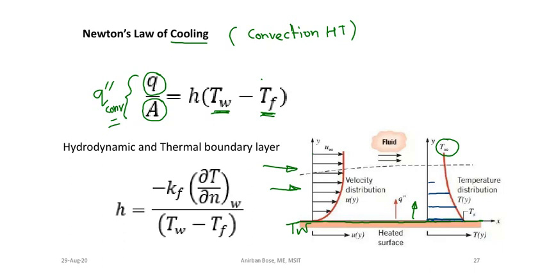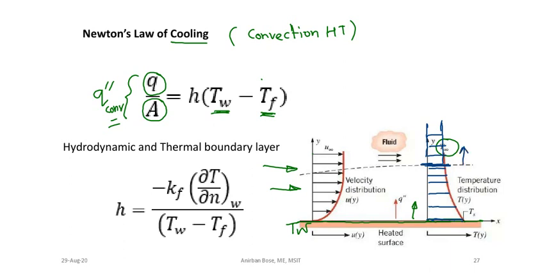Okay, and as you go away from the plate, gradually you will find that the temperature is decreasing, but after reaching a particular point where almost 99% of the temperature difference will be attained, you will find that the temperature variation is not much. Beyond this particular point the temperature is almost uniform. So this is what is the thermal boundary layer. Within this region is the thermal boundary layer, and above it is outside the thermal boundary layer.